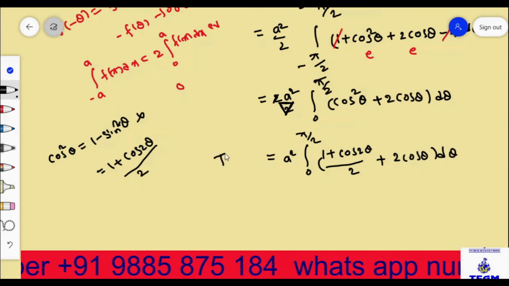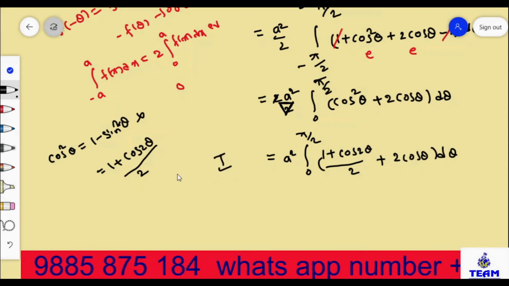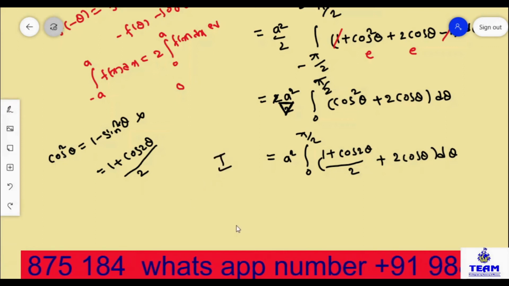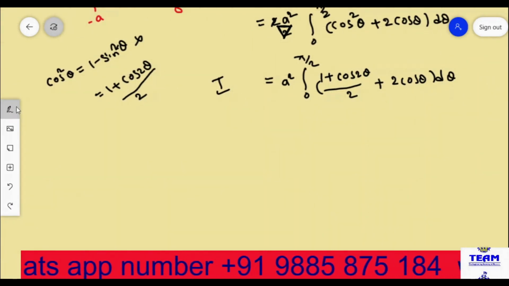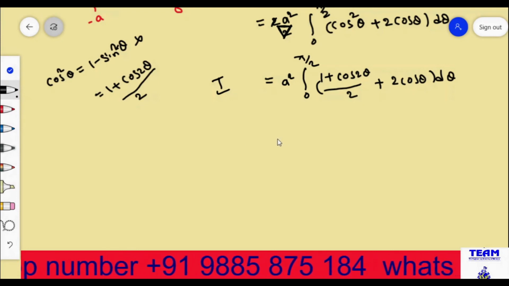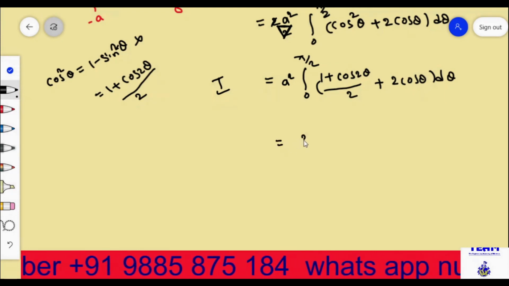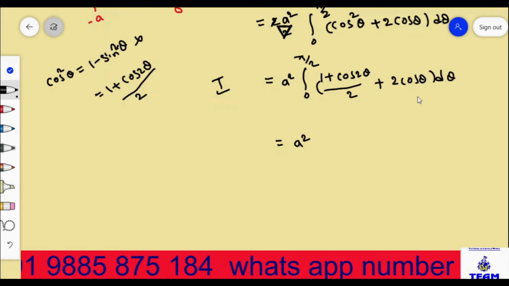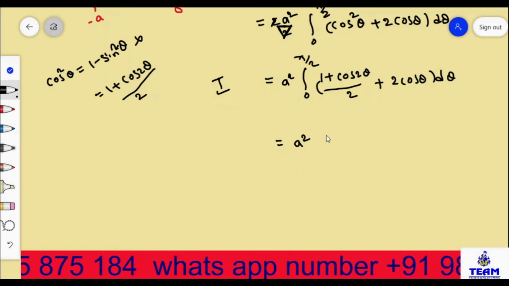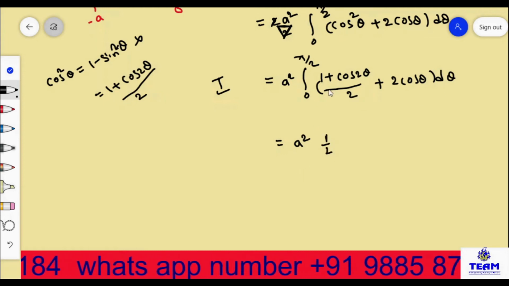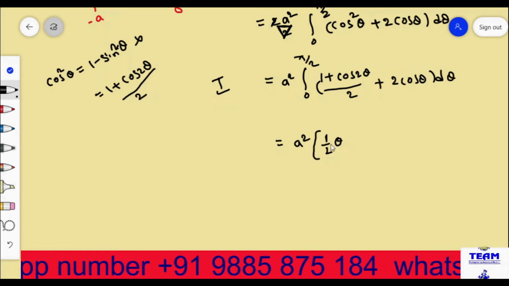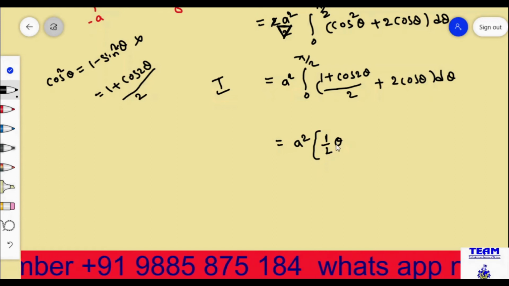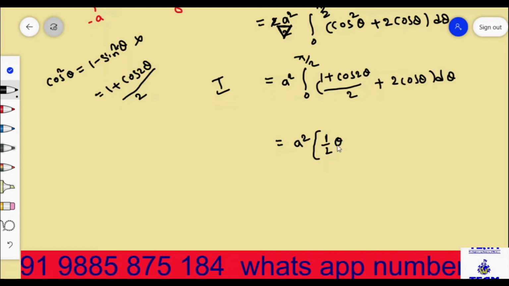Friends, this is the first method. I will explain a different method later. Now I am doing this one. It's easy only, don't feel this is lengthy. Now split this one and integrate separately, friends. First, 1 by 2, integration with respect to theta. Integration of a constant with respect to x is x only, so integration of a constant with respect to theta is theta.